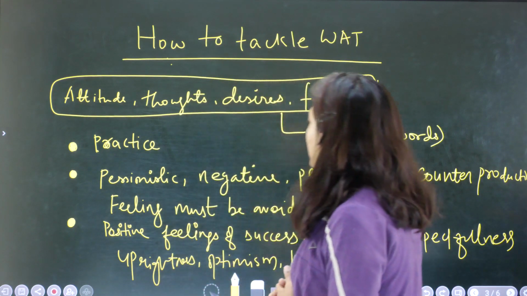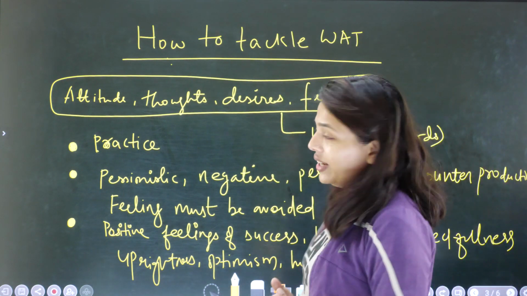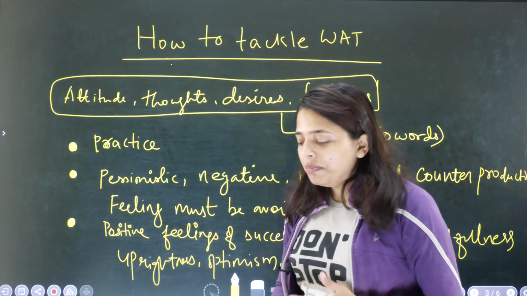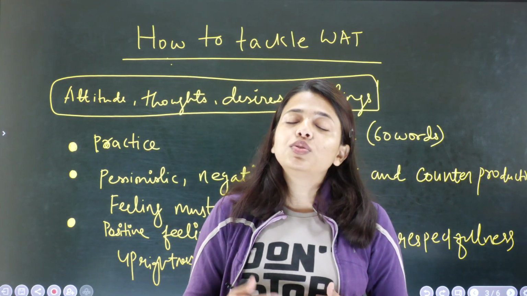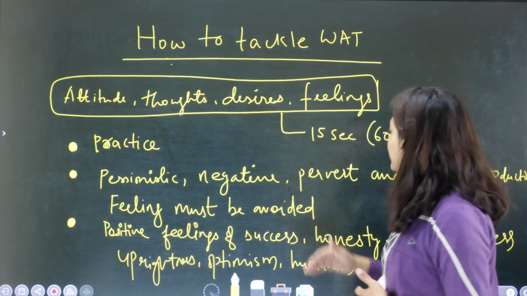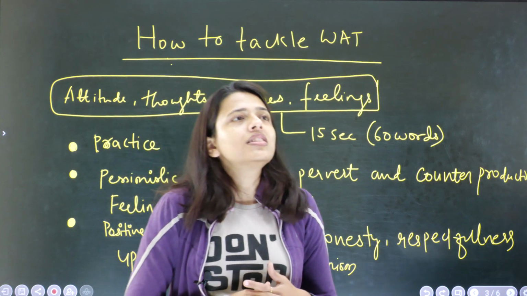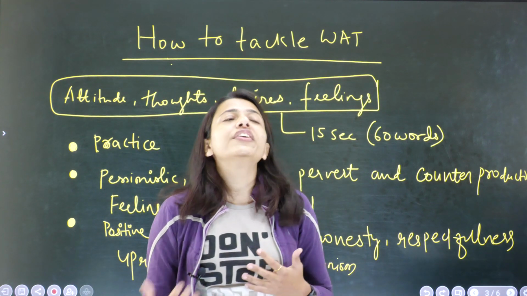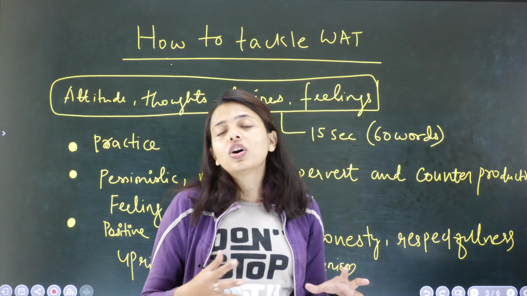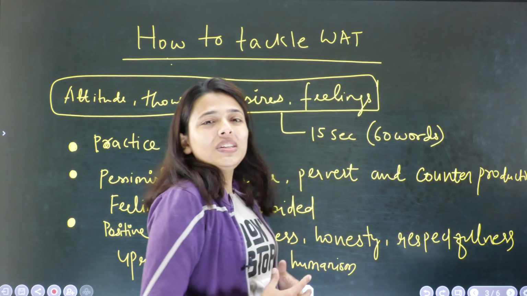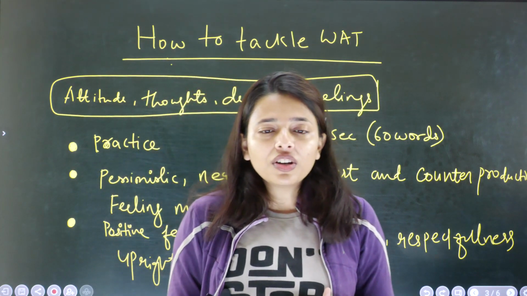Now the next thing is pessimistic, negative, pervert and counterproductive feelings must be avoided. Pessimistic, as in people forget that you don't have to show your pessimistic approach. Instead, you have to show your optimism. Negative, pervert and counterproductive feelings must be avoided. Counterproductive as in the things which show that you are not in favor of being productive, but instead you are trying to be not productive or less productive. Pervert means it shouldn't be seen from your psychology or from your words that you are very much,